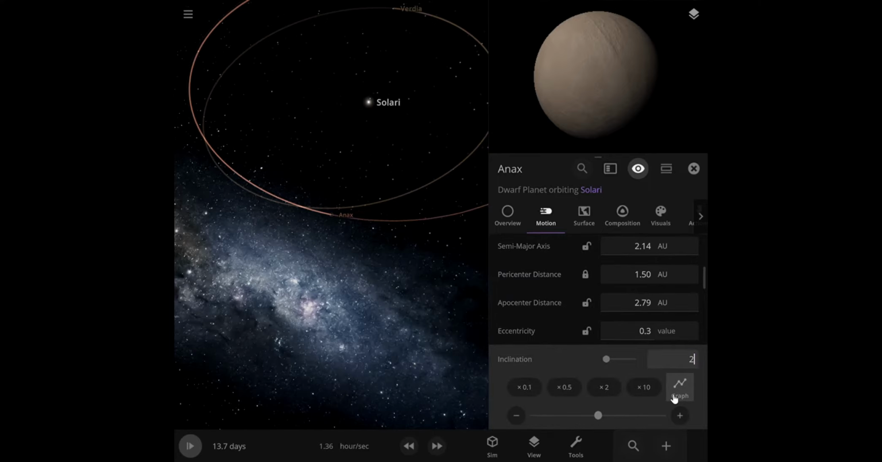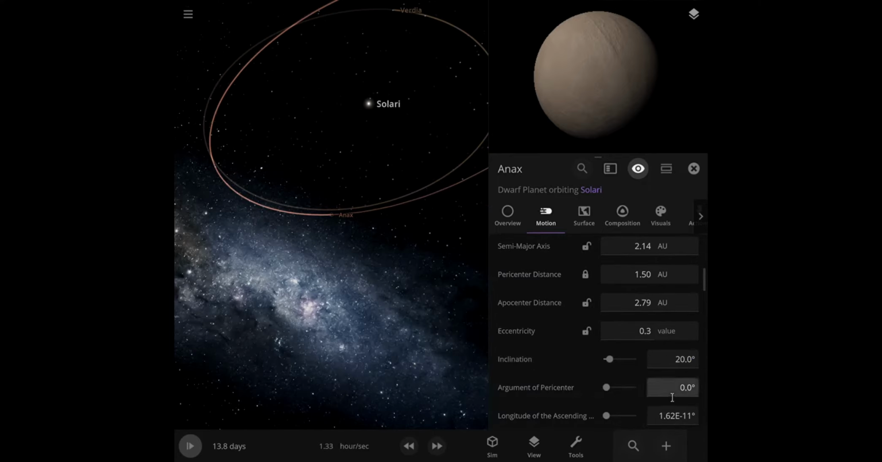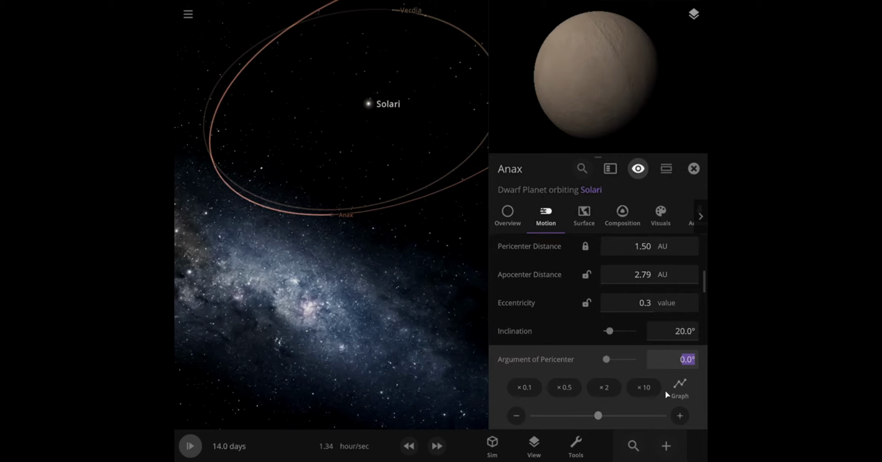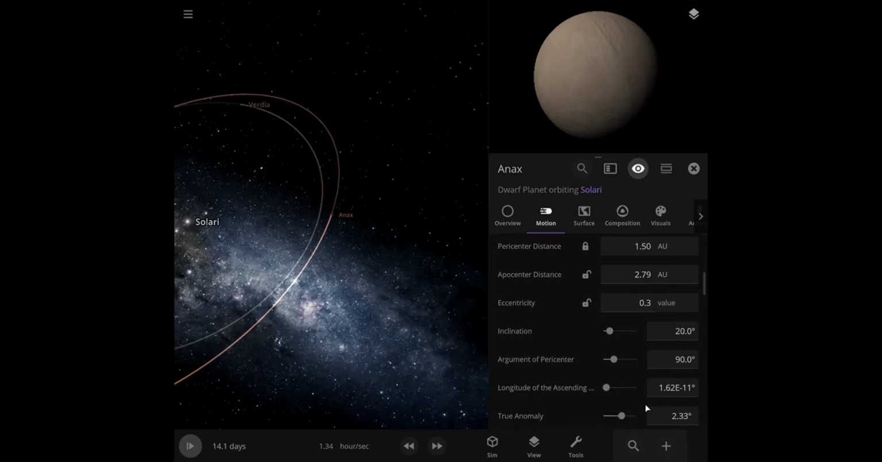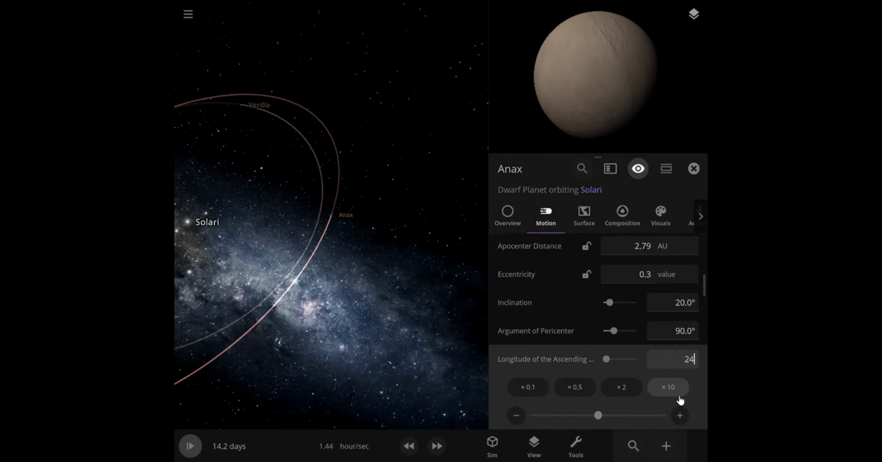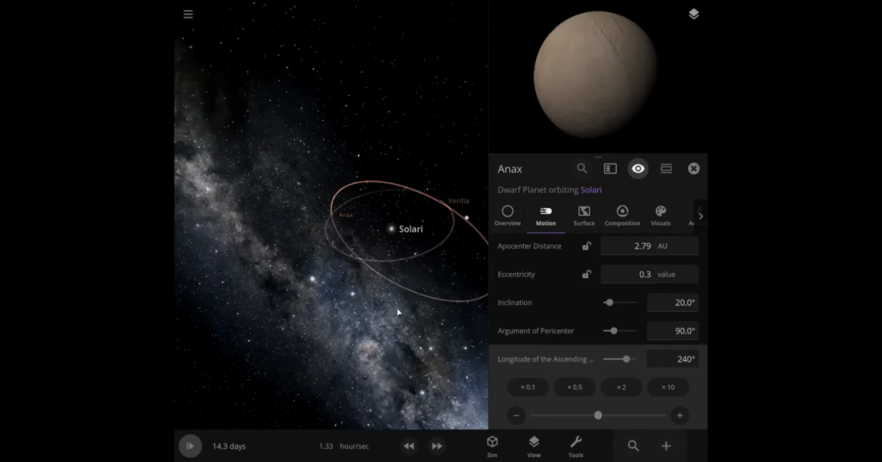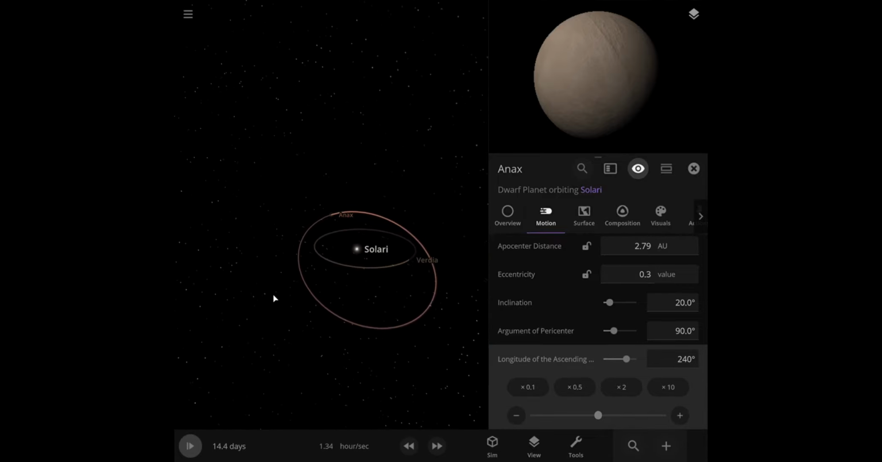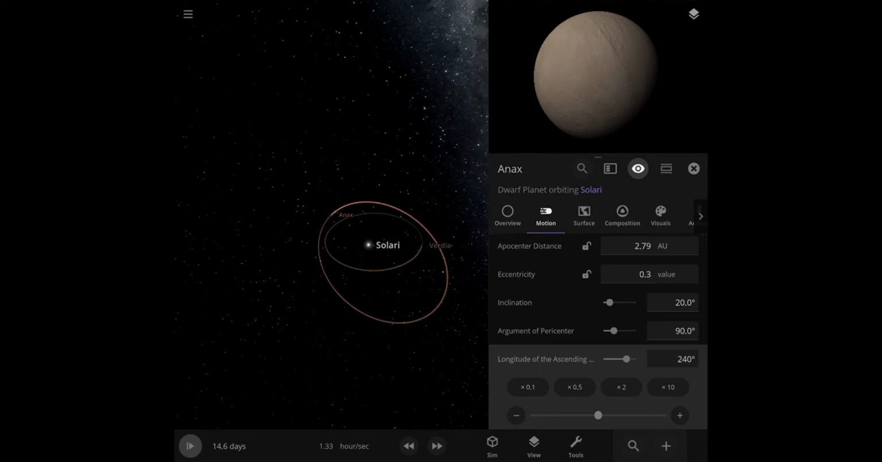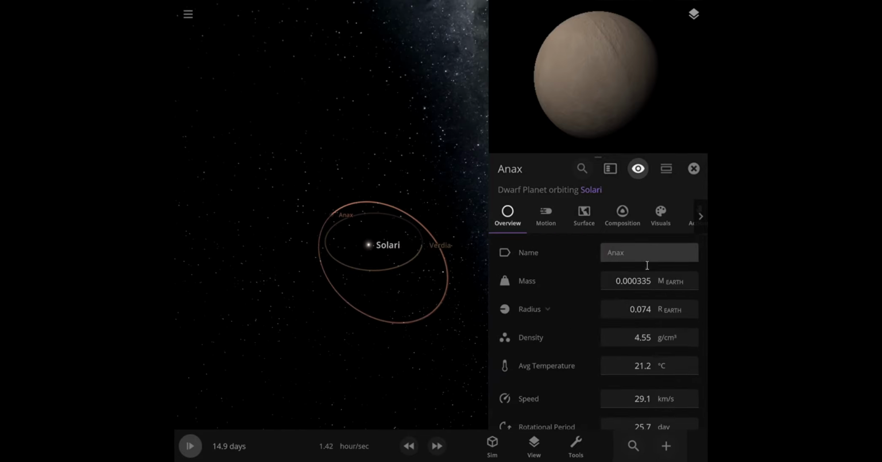Inclination of 20 degrees. Argument of 90 degrees. Ascending node of 240 degrees. So yeah, this is its orbit, and I do have some measurements for it. For this one, I'm going to name it